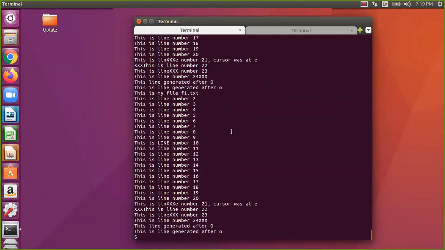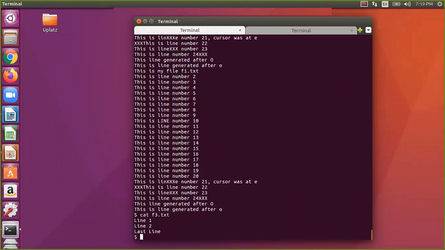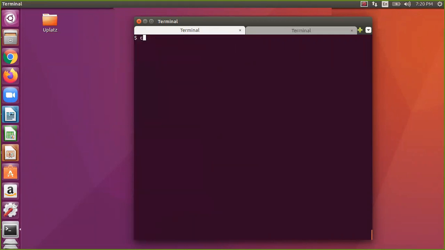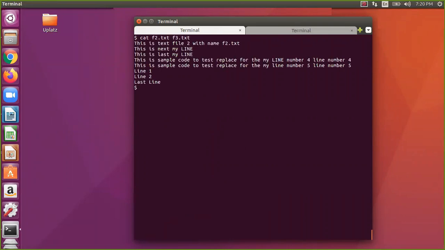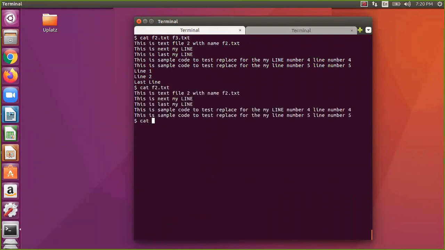But why is it called concatenation? Because whenever you pass more than one input, let us assume I say cat f2.text f3.text, first the f2 contents, then the f3 contents are concatenated.